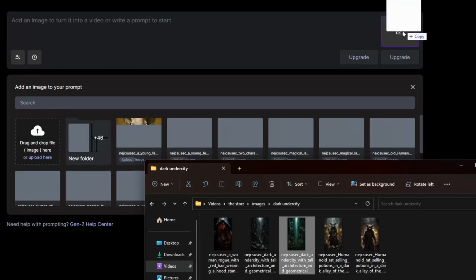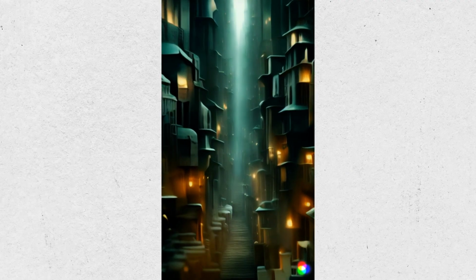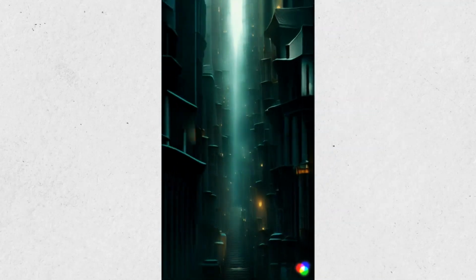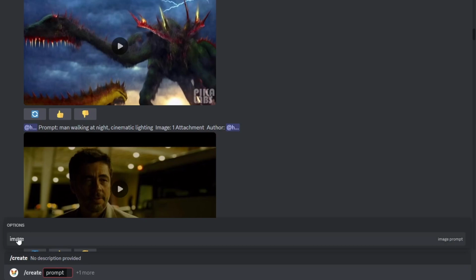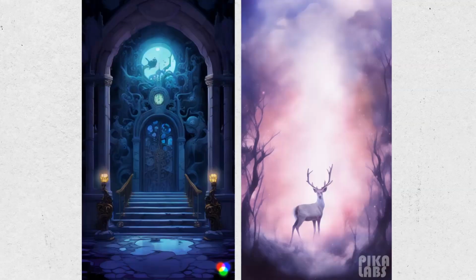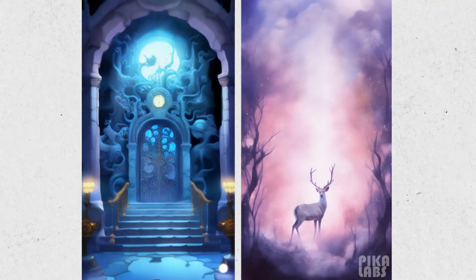With Runway, I upload an image and it will animate it. The control is very lacking and it's a bit like hitting the slot machines. Pika Labs is similar but works with the Discord bot. The outcome is different and works for some scenes. I use both to get what I have in mind.